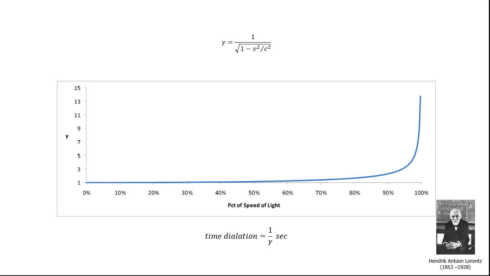10% of the speed of light is 29,979,348.8 meters per second. Even at only 10%, that's pretty fast. At 80% of the speed of light, gamma is 1.67. At 90%, it's 2.3. 1 over 1.67 is 0.6. If someone is going 80% of the speed of light, 1 second on our clock registers as 0.6 seconds on their clock. If someone's going 90% of the speed of light, 1 second on our clock registers as 0.43 seconds on their clock. Gamma equals 2 at 86.7% of the speed of light. If you see somebody traveling that fast, you'll observe them at half speed.